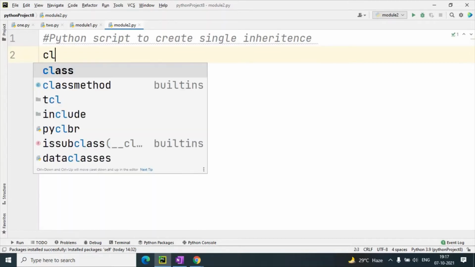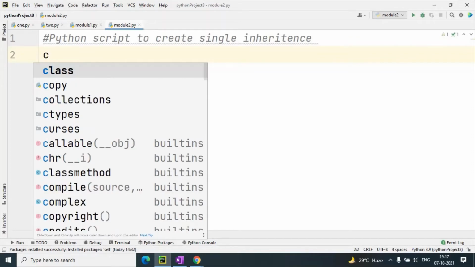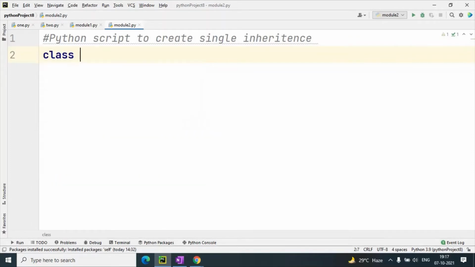So first of all I will create the base class, that is Person.